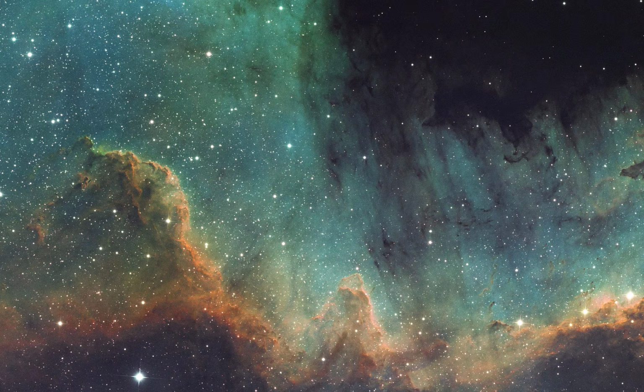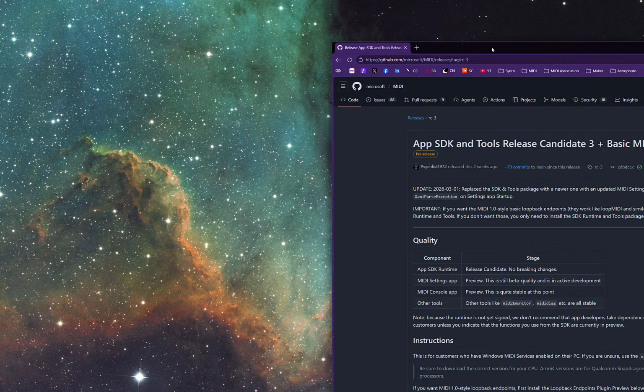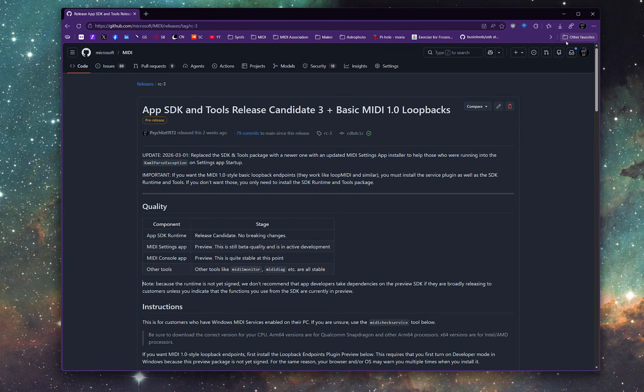Hi everyone. Here's just a super quick video to show you how to use the native MIDI 1.0 and MIDI 2.0 loopbacks in Windows MIDI services. Up until now, you've always had to rely on third-party tools for this, but we now have this built into Windows. So first of all, this is where you need to go to get the preview of the MIDI 1.0